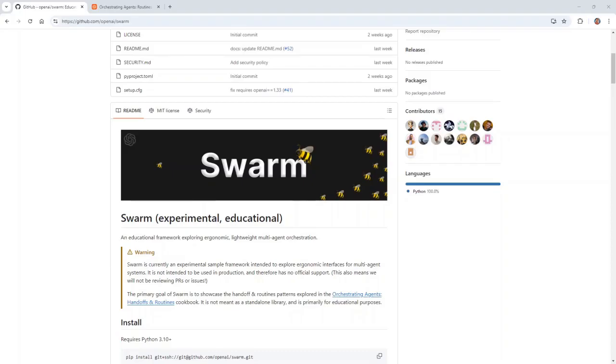A disclaimer: it is not an official OpenAI product. It is an experimental and educational open source framework that will not be maintained by OpenAI. So, recommended not to use in production. So, please don't depend on it, but only look at using a similar framework if you need to implement an